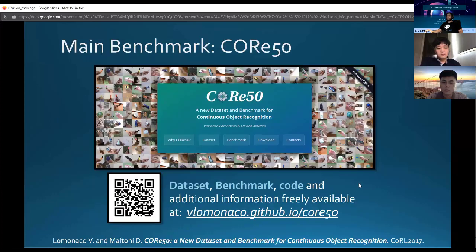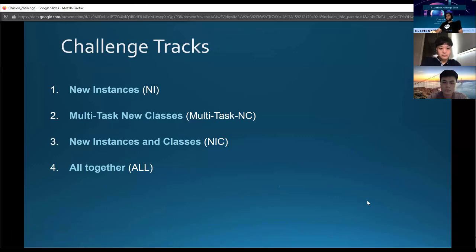So again, if you're not familiar with CORe50, you can check it out at the official website, vlomonaco.github.io/core50. By now you should be able to recognize its main features. I think that Davide also presented it in his invited talk, and many other strategies in this workshop tried their algorithms on this dataset. Then based on CORe50, we defined 4 different tracks. They're not in order of complexity, as we will see later on, but they are different protocols that we think are useful to assess continual learning strategies.